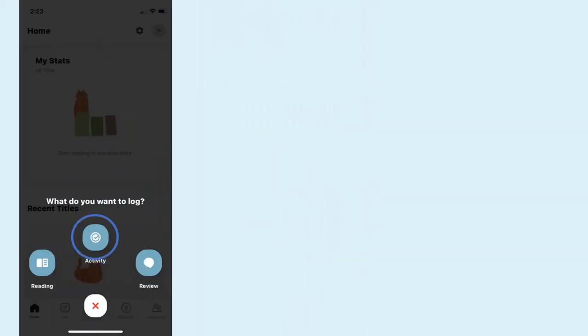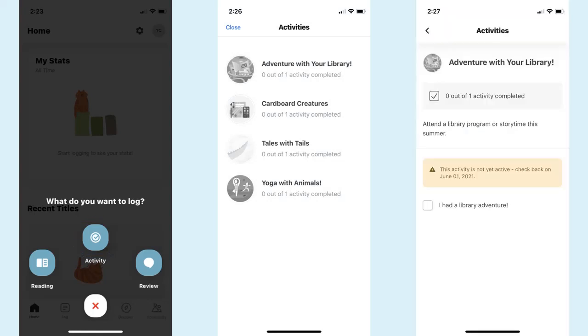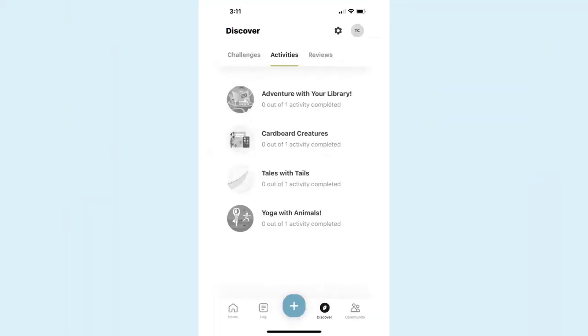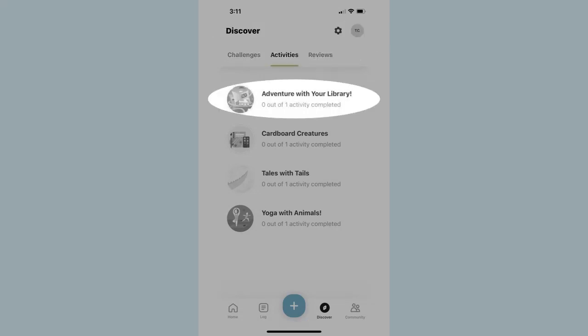If logging an activity, multiple activities will come up. When you click on each one, it will tell you the requirements for completing that specific activity. And if you have completed it, you can check off the little empty box which will fill with a check mark. All challenges have activities as part of their challenge,